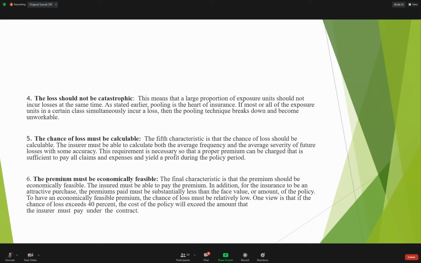And then the fifth one is that the chance of loss should be calculable. It means that the insurer must be able to calculate the amount supposed to be paid to each policyholder, and the premium that's supposed to be taken from each policyholder. And then the sixth one is that the premium must be economically feasible. It means that the policyholders should be